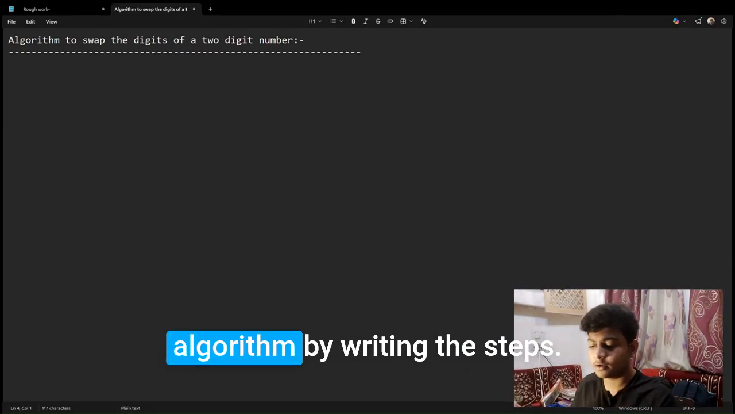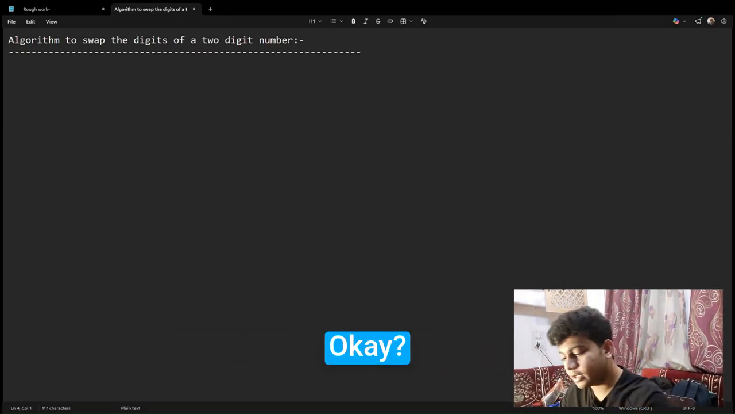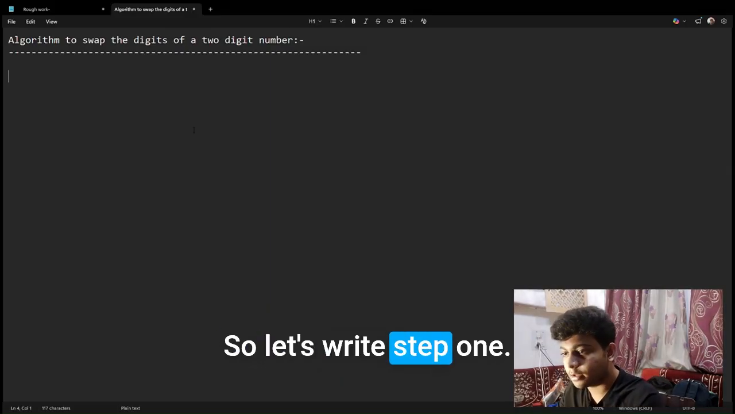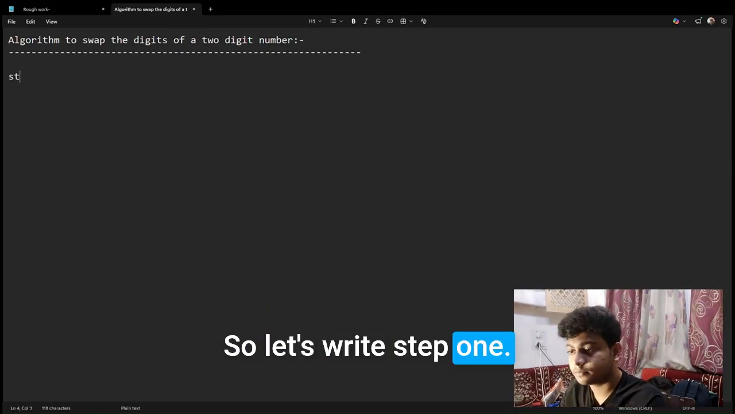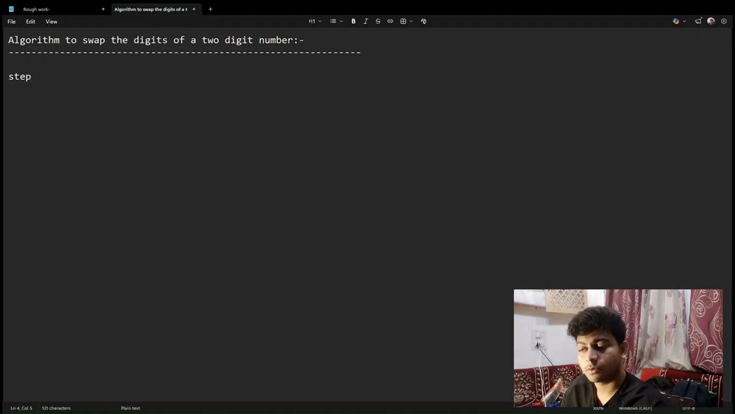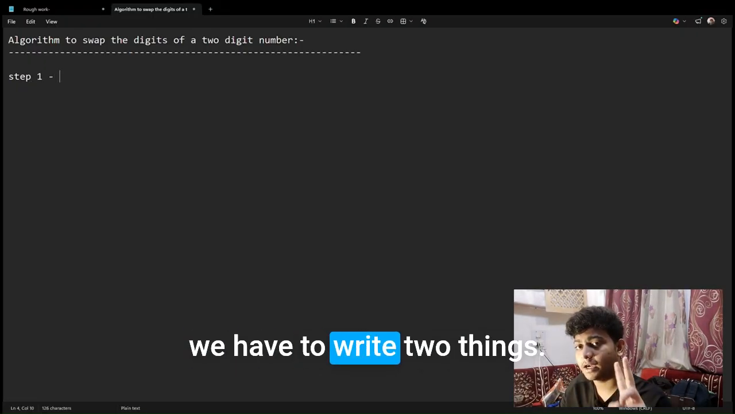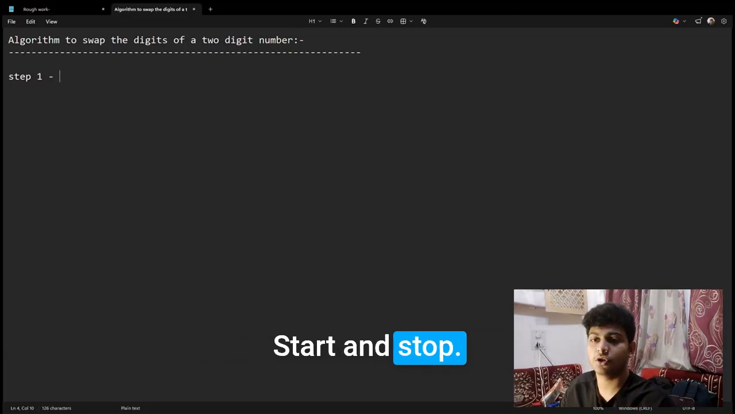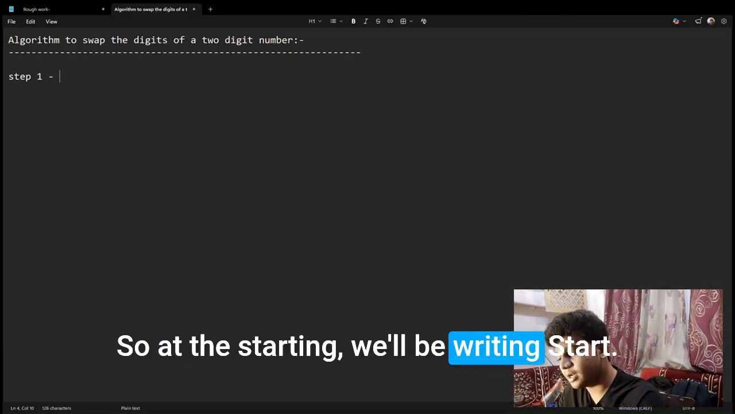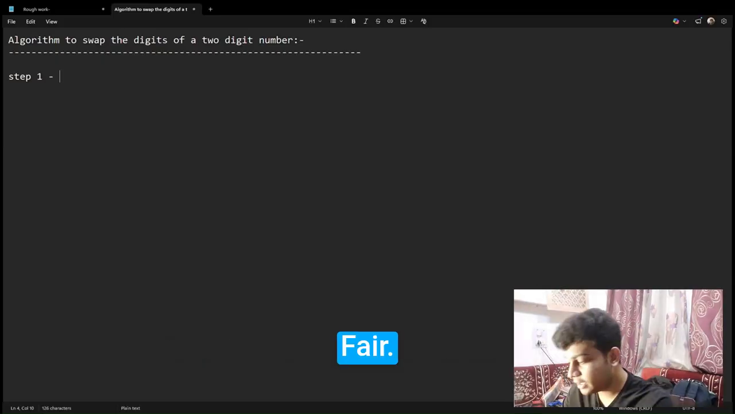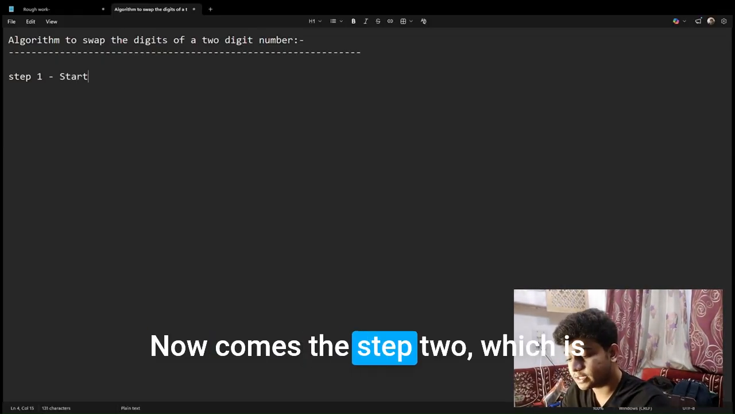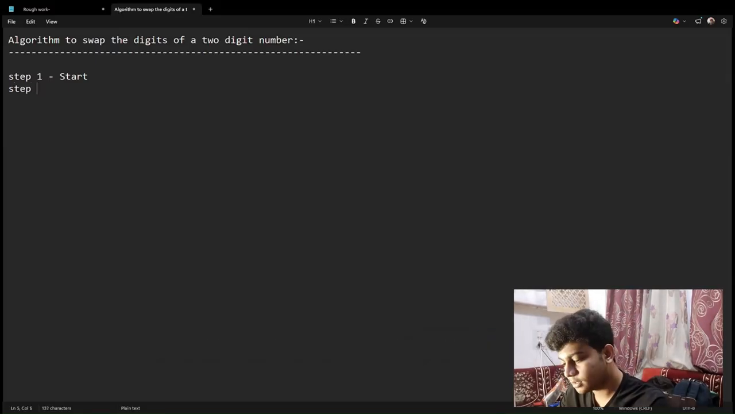We always have to write the algorithm by writing the steps. Okay, so let's write step 1. So what's step 1? In step 1 and the last step, we have to write two things: start and stop. So at the starting we'll be writing start. Now comes step 2, which is